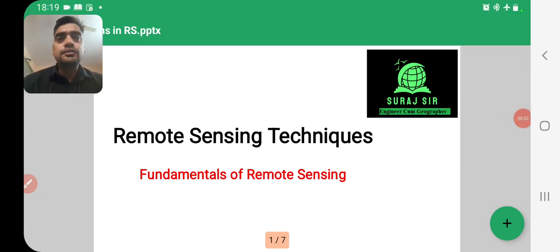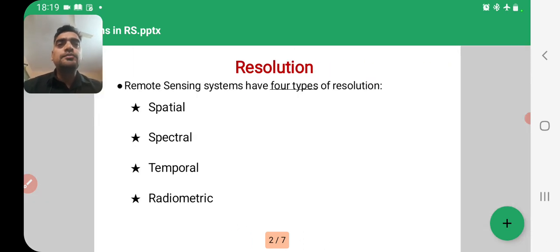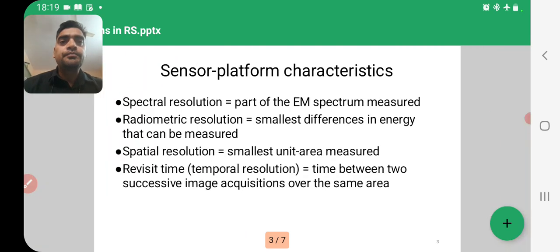Hello students, today our topic is the resolution in the remote sensing system. As you know, there are basically four types of resolutions in remote sensing system: the spatial, the spectral, temporal and the radiometric resolution. If you talk about the spatial resolution, it is the ability of the sensor to